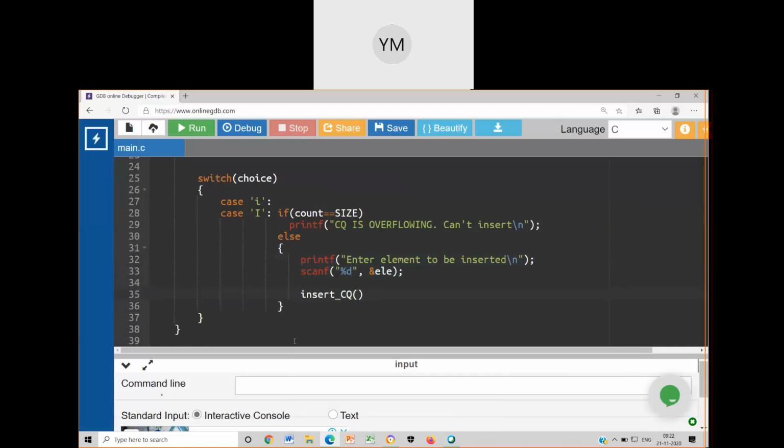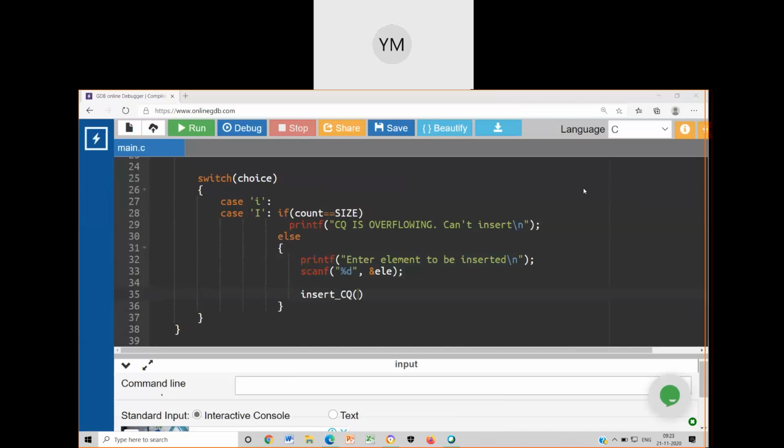For insert operation, what all things I require? Guys, you have to comment quickly. Q and element, that's it. Praveen, think and answer again. I require the container into which the new element has to be added, that is the circular queue.